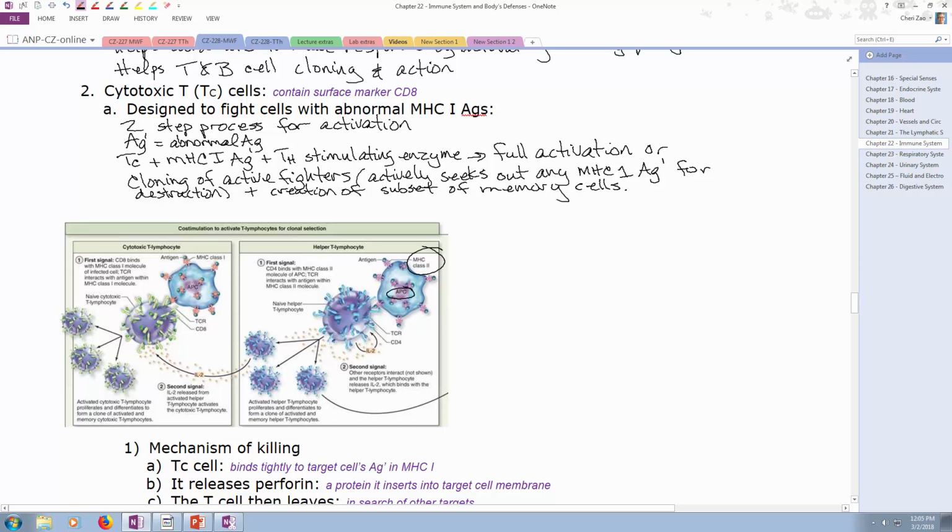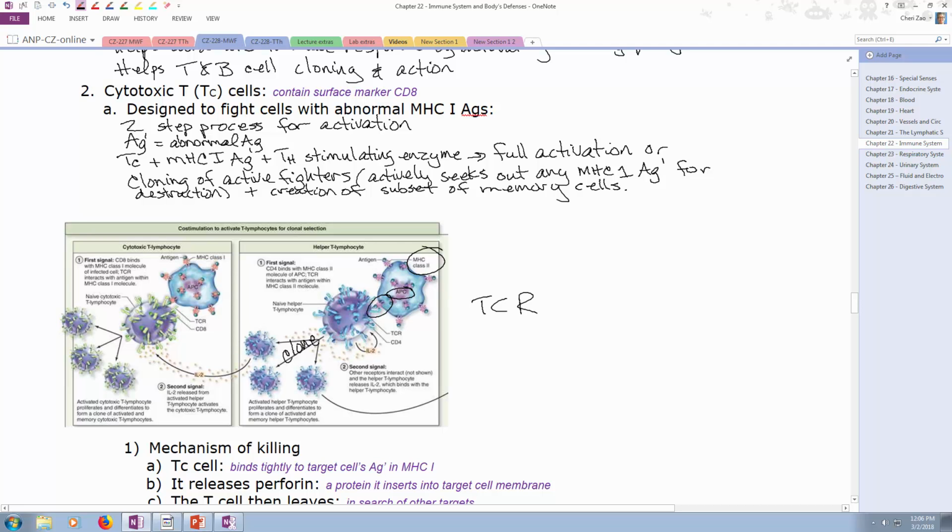So APCs always have MHC2. And remember, T cell receptors or TCRs are going to interact with the MHC2 class on that helper cell. Then that helper cell will clone